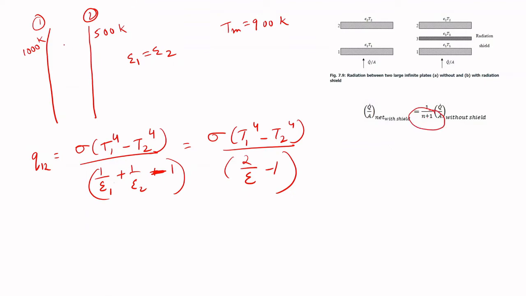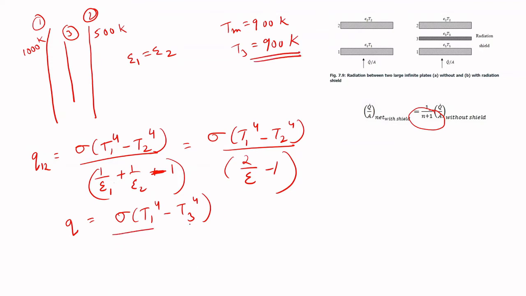Let's say I am adding one single shield in between them, let's say T3. So I can write the heat as Q is equal to sigma (T1 raised to 4 minus T3 raised to 4). Now in this case, T3 I will be taking as 900 Kelvin because that is the maximum temperature I can afford, or else my material will melt. And since we are just adding a single shield, we will be dividing it by a factor of n plus 1, and since n equals 1, it will become